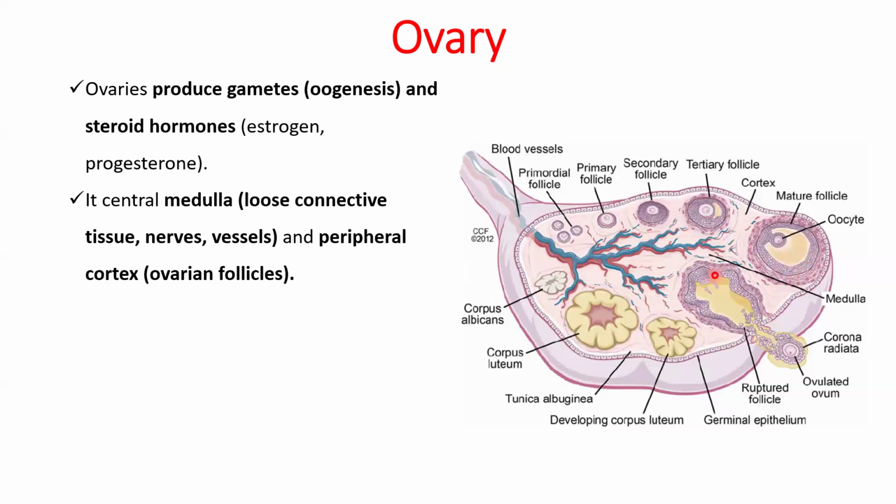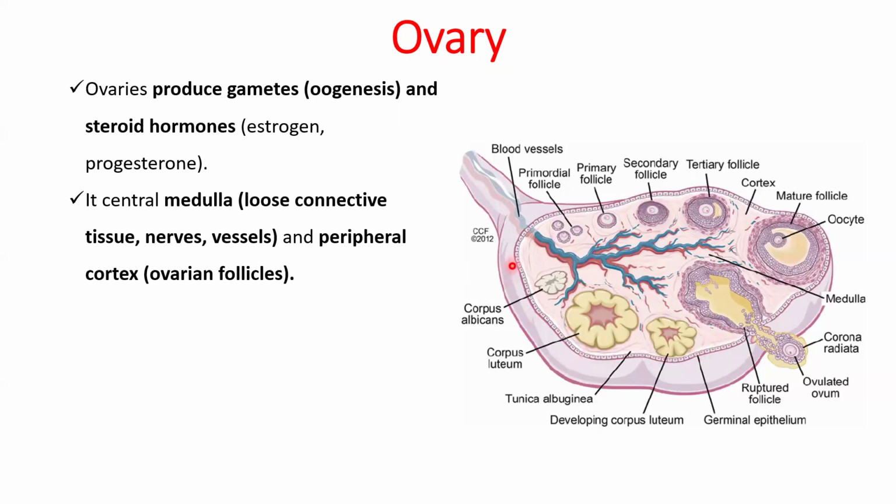Then from the mature follicles, we have that process of ovulation, where we have the breaching of the germinal epithelium and the tunica albuginea. Then we have the atretic follicle. So this one is an atretic one. Then after this point, the remains of the Graafian follicle will become the corpus luteum. Then I would like us to appreciate the tunica albuginea. At this point, this is the tunica albuginea